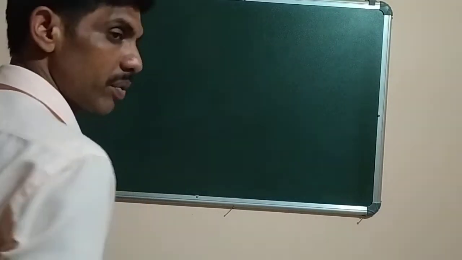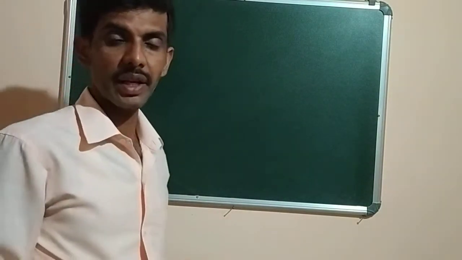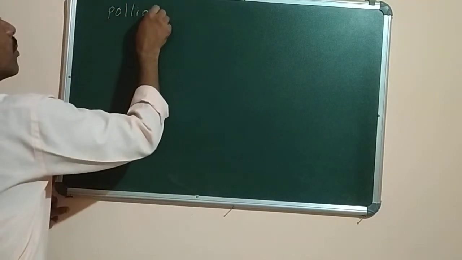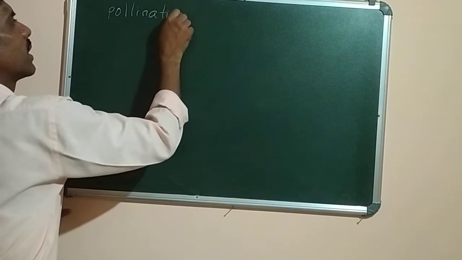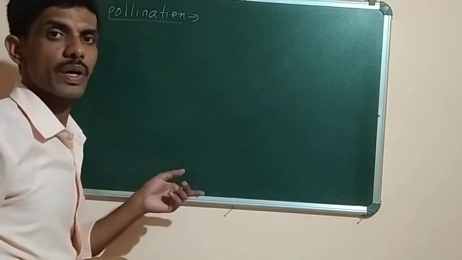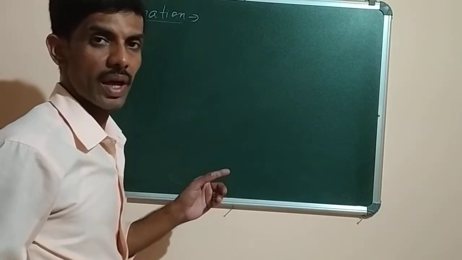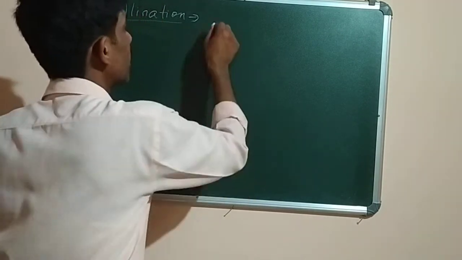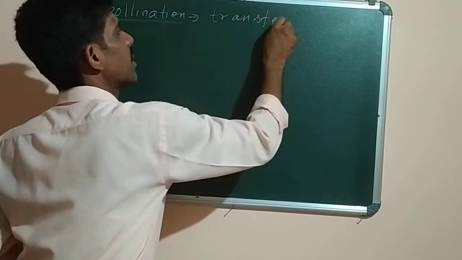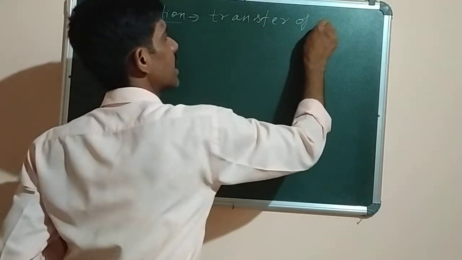Now the next topic, which we are going to do after studying the different parts of the flower, is pollination. What is pollination? The definition and the types of pollination. Pollination is the transfer of pollen grains from the anther to the stigma of a flower. So I write the definition here. Transfer of pollen grains